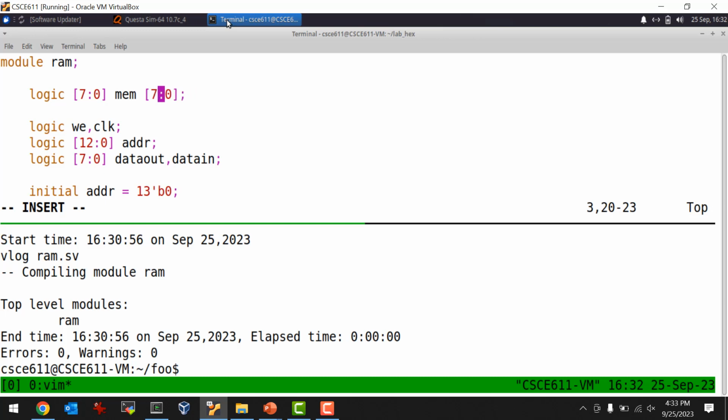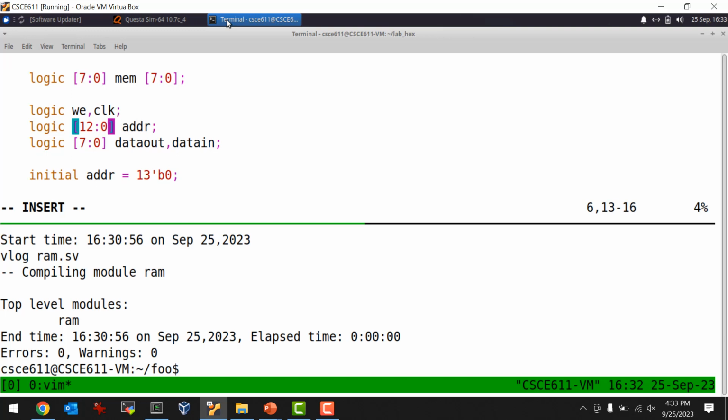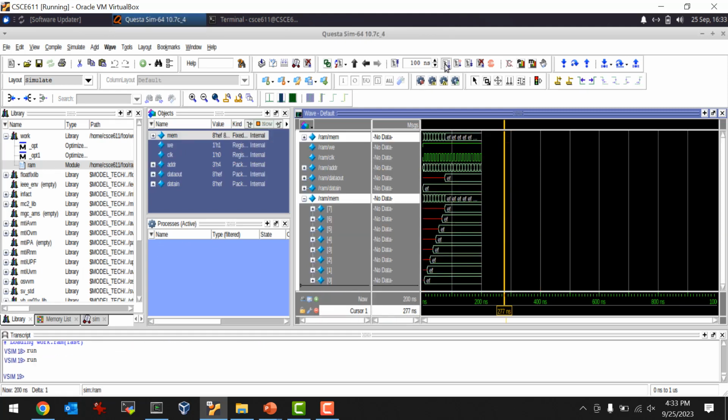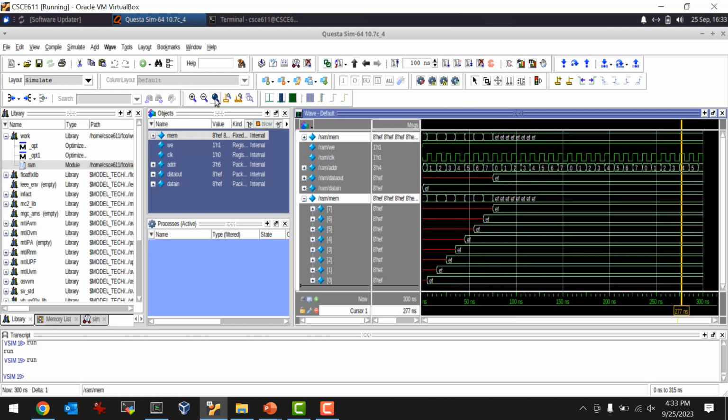So this is an 8x8 64-bit RAM, and so the address is now only 3 bits, 2 down to 0, right? Okay, so let me recompile and then go back into Questa and restart and rerun. Okay, so now you can see that, let me zoom in a bit here. There we go. So you can see that